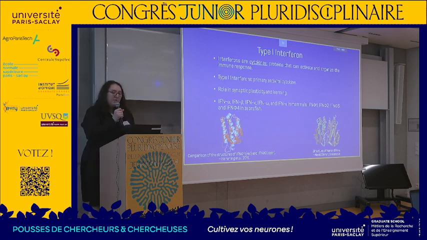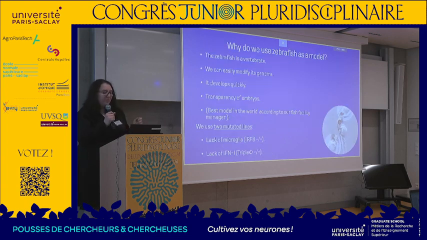And there are 5 subtypes of type 1 EFN in mammals, and 4 of them in zebrafish, so Phi1, Phi2, Phi3, and Phi4. And why am I talking about zebrafish? Well, because it's the model that we're using in our lab. And there are many perks for using zebrafish because it's a vertebrate and genetically it's really close